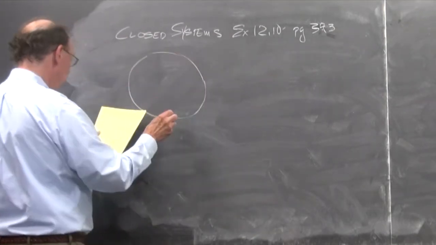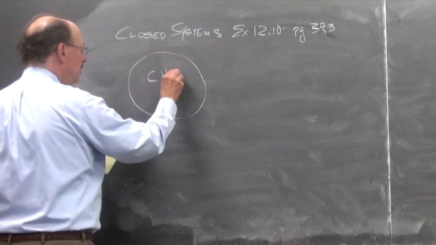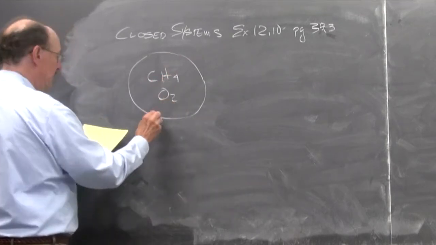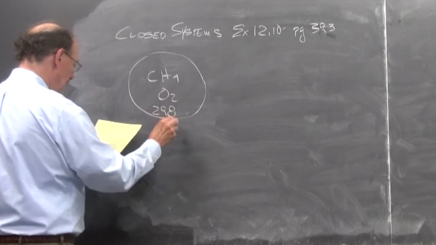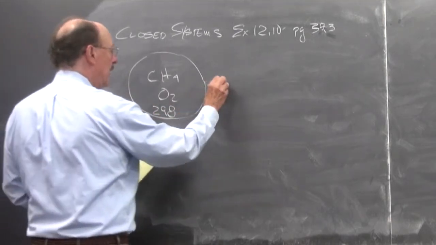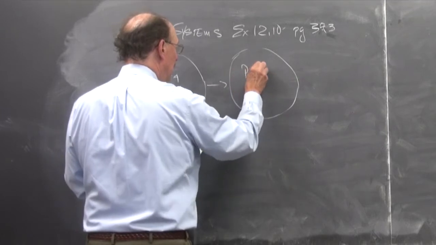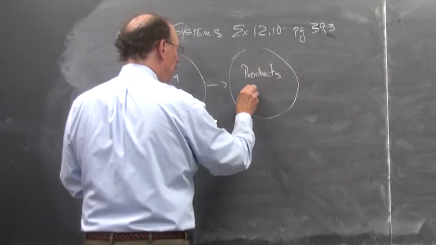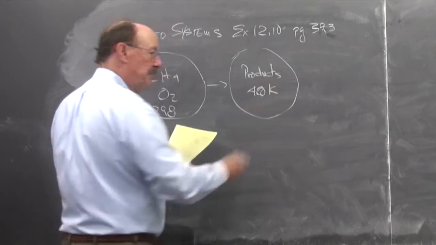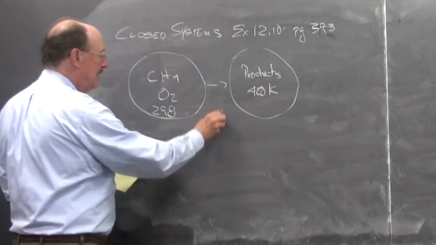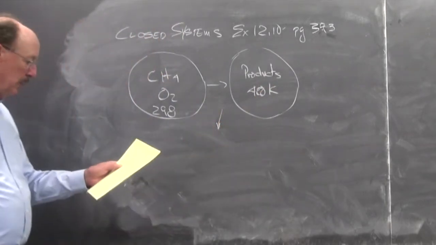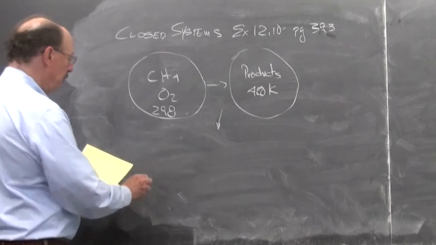You should look and see what that problem is, but basically we're going to have a closed system. We're going to have methane and oxygen at 298 K. We're going to have combustion occur, and it's going to end up that I have the products at 400 K. Obviously there's going to be heat flow from this. So when I look at this, if I do a first law analysis,